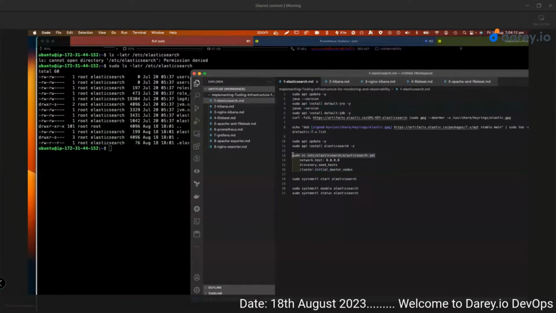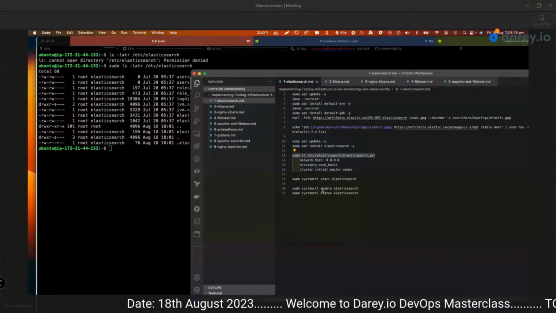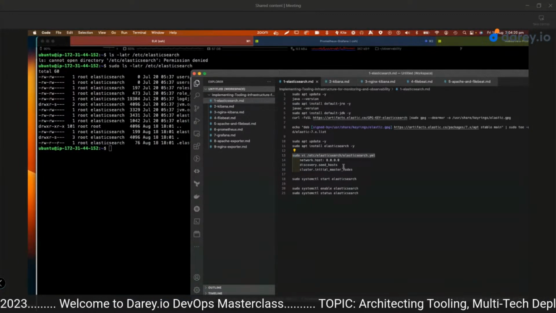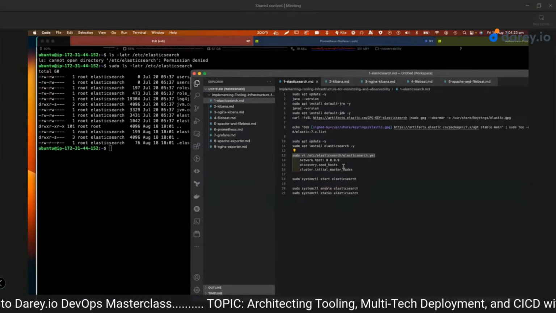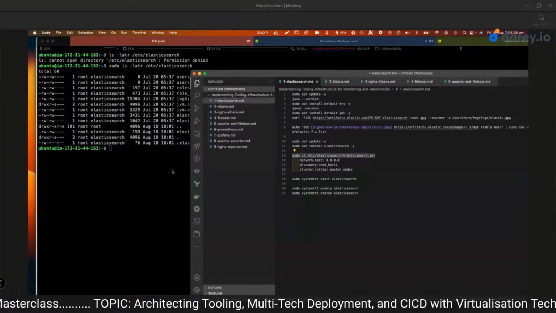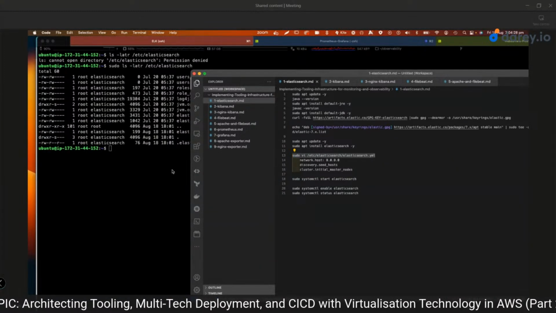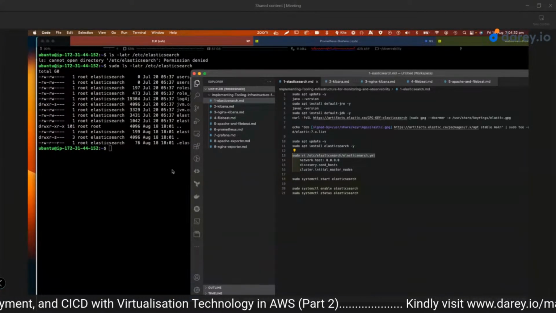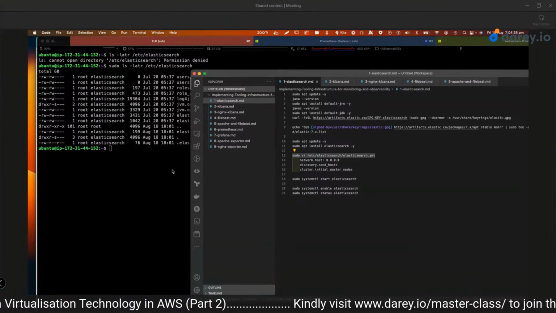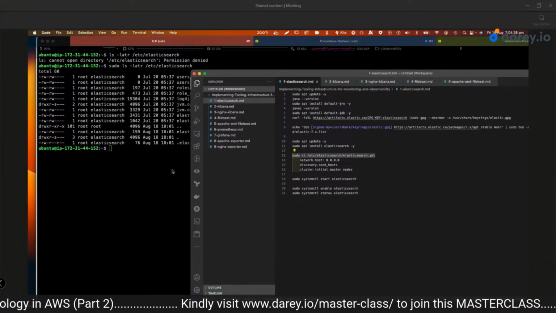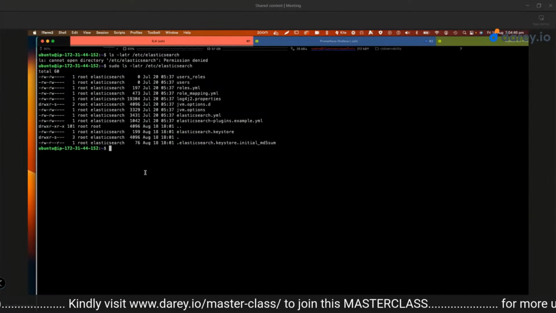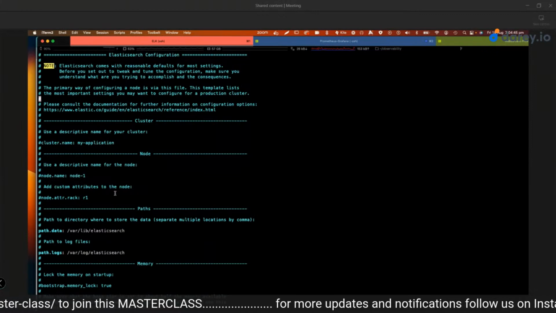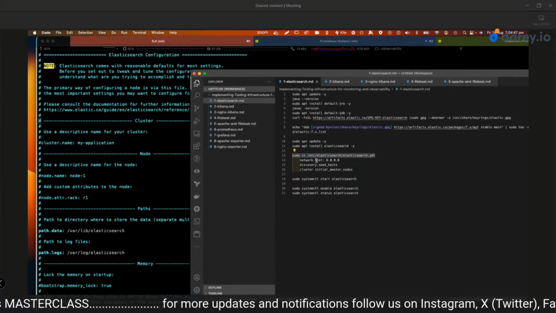All right. What we want to do for the sake of today's training is to configure Elasticsearch to listen on any address, because by default, it listens only on its own node. So what that means is no one can communicate with it unless you are on the server, pretty much. So if we open up this configuration file, and if we search for network,